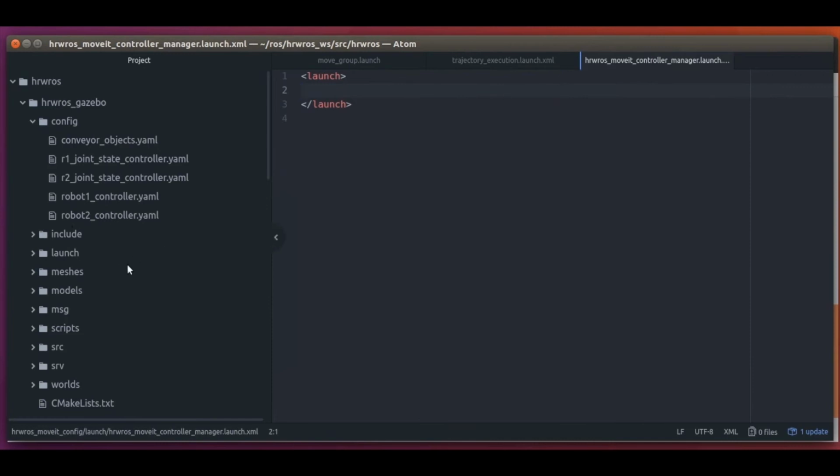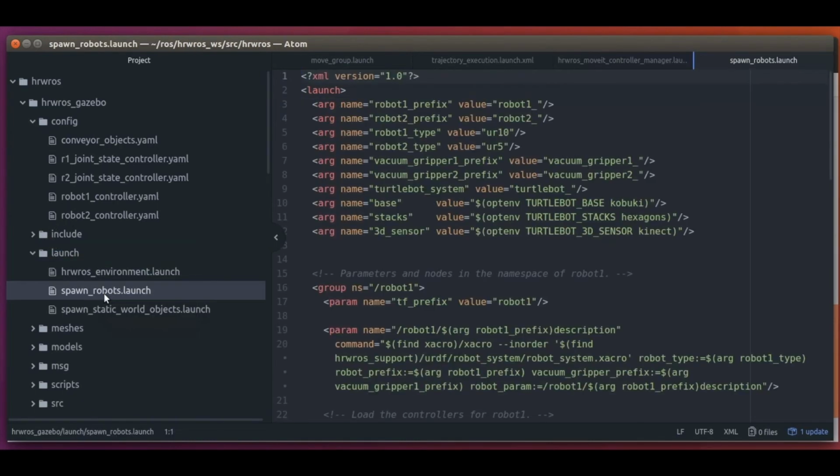Remember, we also learned that these controllers are provided as ROS action servers, which means some node will have to provide them. And how do we start multiple ROS nodes? Using launch files. So let's go to the launch folder and open the spawn_robots.launch file.